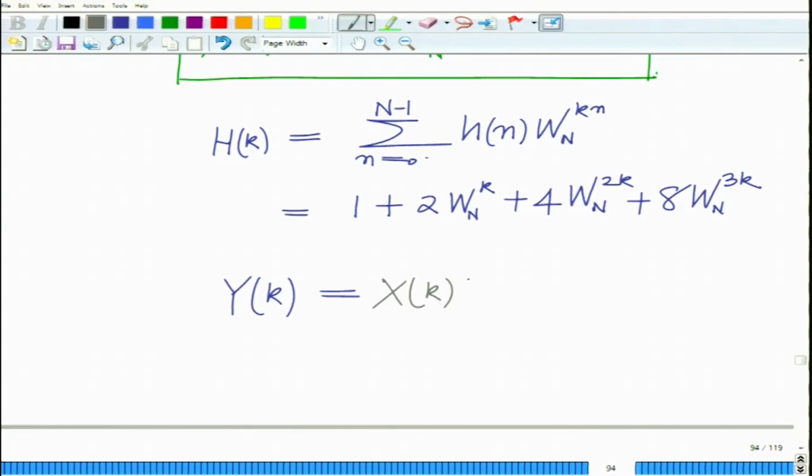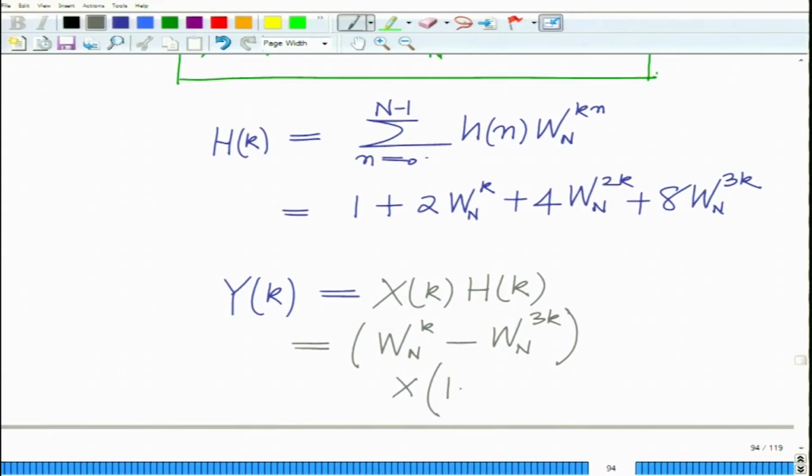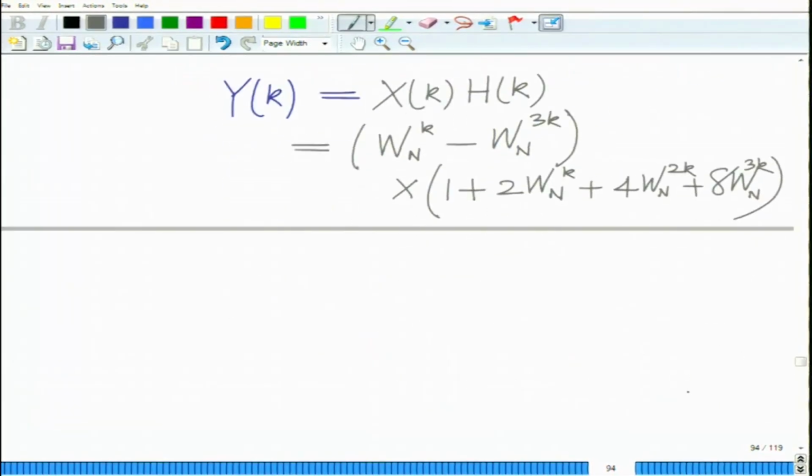That becomes X(k) into H(k), which is basically (W_N^k minus W_N^{3k}) and its product with (1 plus 2 W_N^k plus 4 W_N^{2k} plus 8 W_N^{3k}), and we will multiply this, using the property that